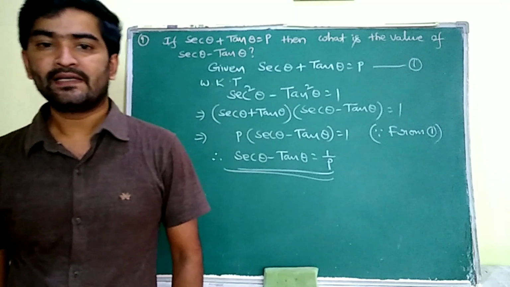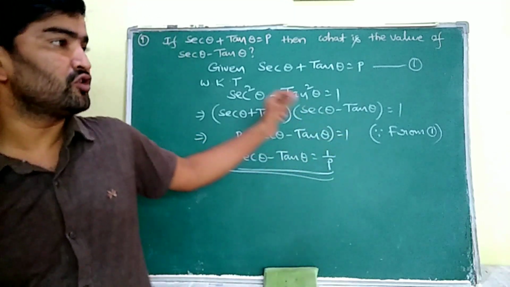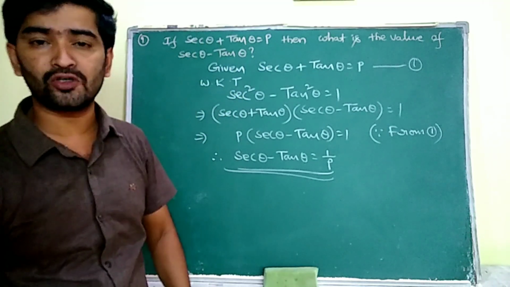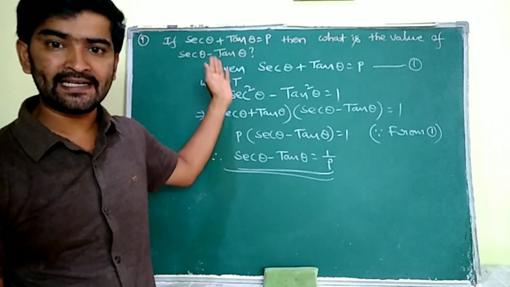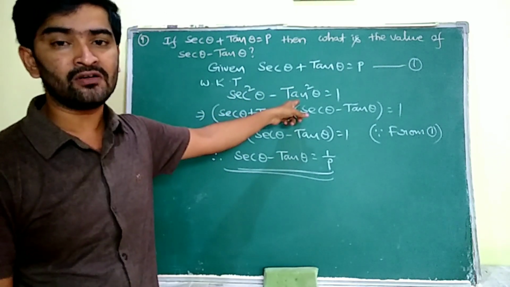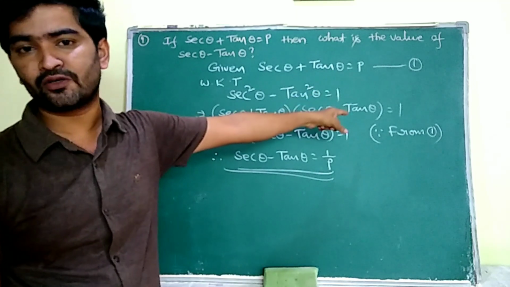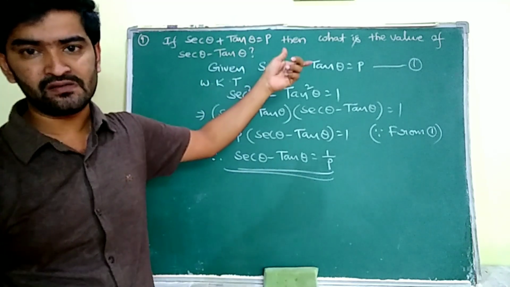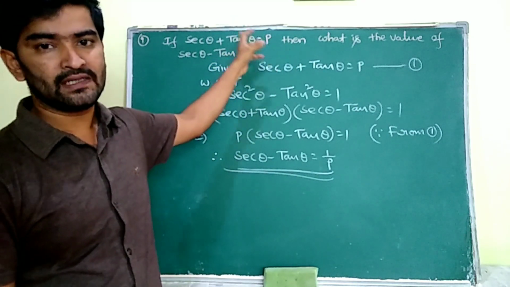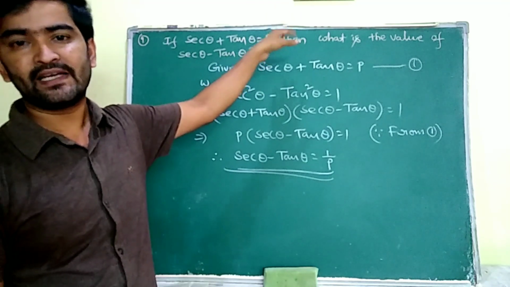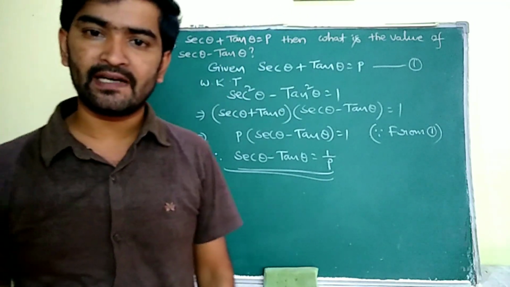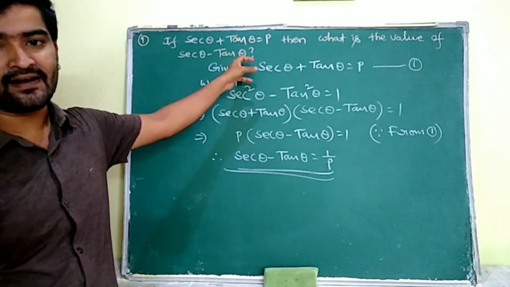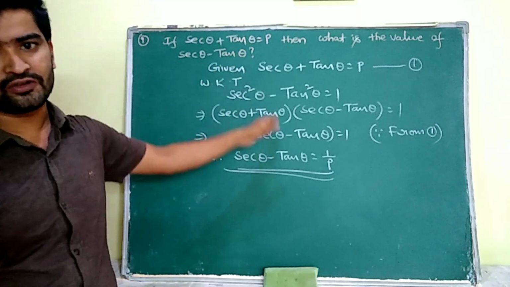See, this is a very important bit. Sometimes he is going to give you secant theta plus tan theta is equal to P and he is going to ask you secant theta minus tan theta is equal to what? If the given value is in identity order, that is secant minus tan, we have secant square theta minus tan square theta is equal to 1. First secant, next tan. If the given value is also in the same order, and if the given is a plus value, that is secant theta plus tan theta is equal to P, then secant theta minus tan theta is equal to 1 by P, very clear. If he asks secant theta minus tan theta, you are going to do this.